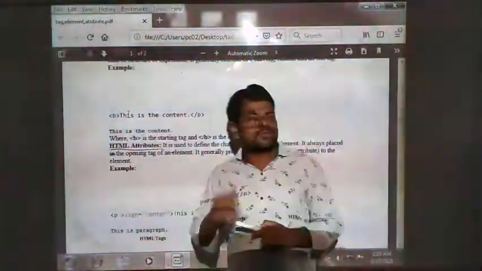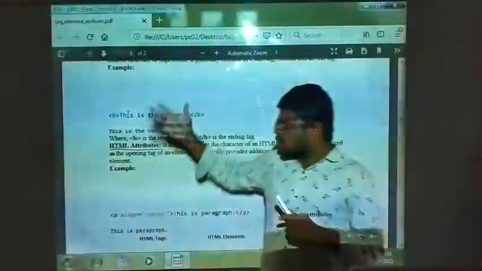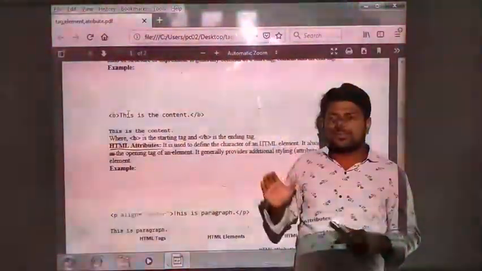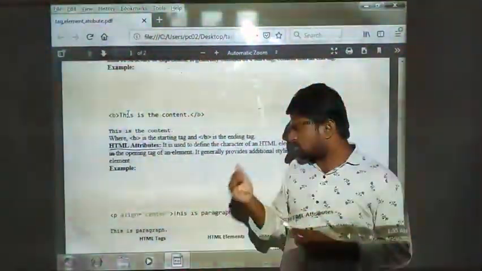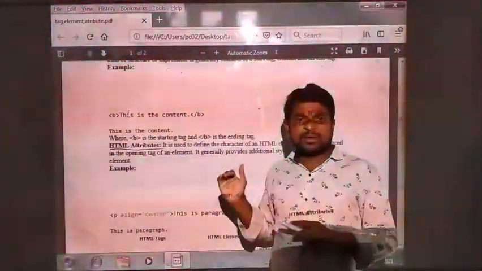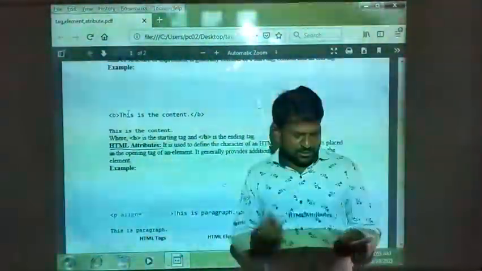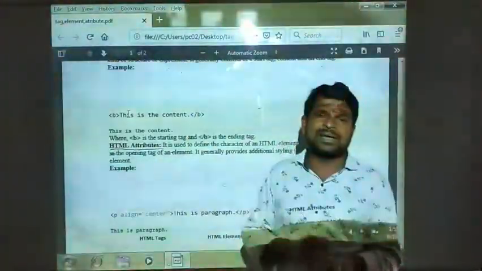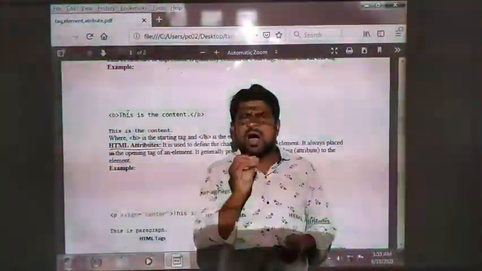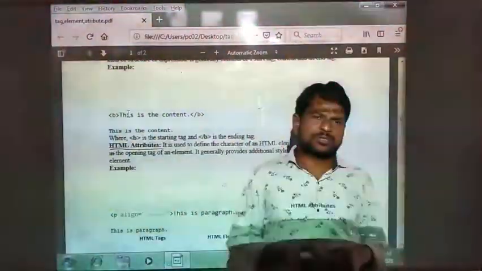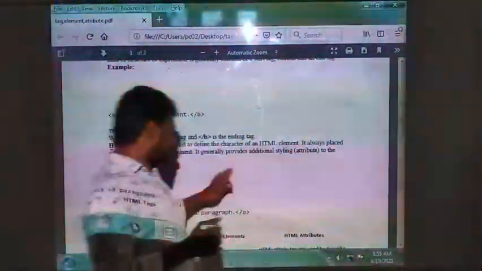For example, if you are giving a background color to your web page, it is body BG color. Background color means you can give any color: red, yellow, green, pink, white, black. These colors are attributes of which tag?